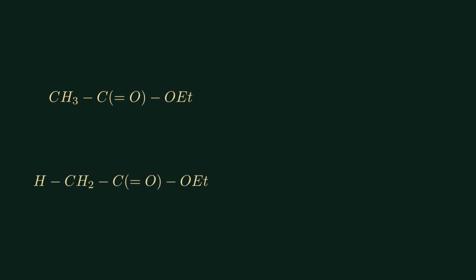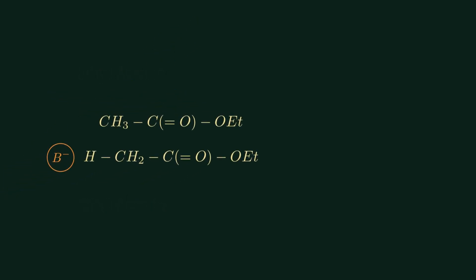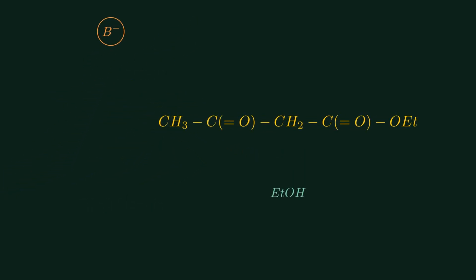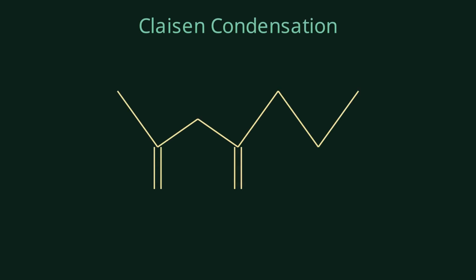If you take two molecules of a simple ester, like ethyl acetate, and add a strong base, something remarkable happens. They don't just sit there. Instead, they link up, shedding a small piece of themselves to form a much more complex and useful structure, a beta-keto ester. This is the Claisen condensation, and it's one of the most elegant ways in organic chemistry to build